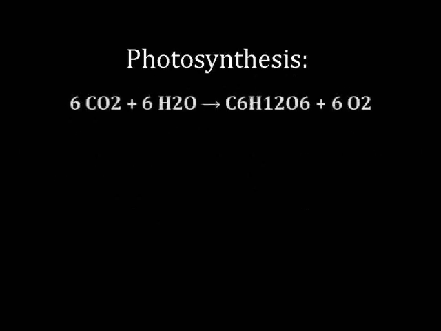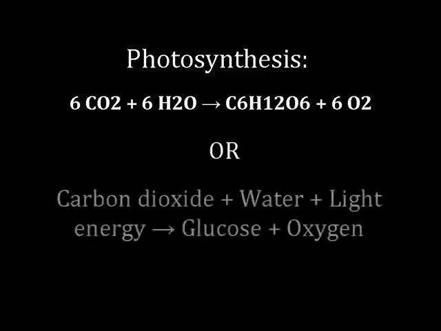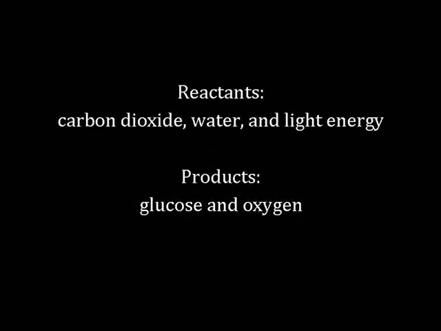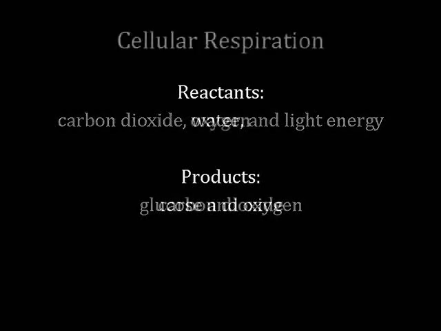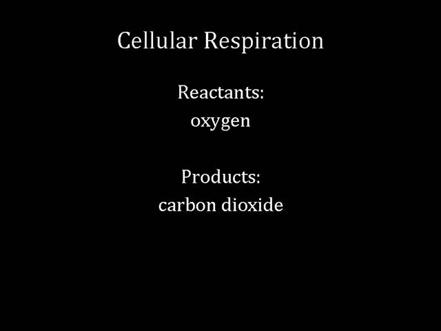Remember the formula for photosynthesis. Or, if numbers mean nothing to you, remember that carbon dioxide plus water plus light energy yields glucose and oxygen. The reactants are carbon dioxide, water, and light energy, and the products are glucose and oxygen. Remember that plants also do cellular respiration, the opposite of photosynthesis, with oxygen as a reactant and carbon dioxide as